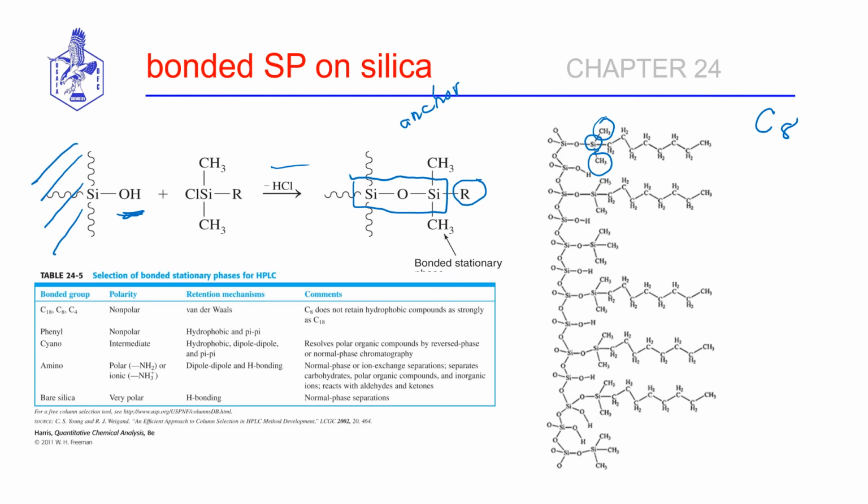So notice that indeed we still do have some of these unreacted silanol sites at different points. Okay, it's a crowded surface, so it's kind of hard for us to react each and every one of those silanol sites with such a big molecule such as a C8 group. So when you go to purchase your stationary phase for your column, okay, you're going to have a choice,